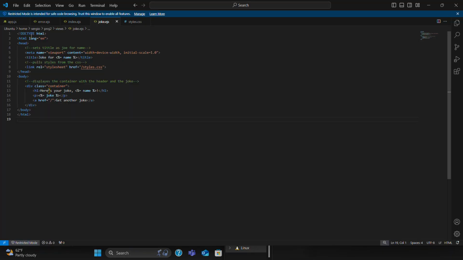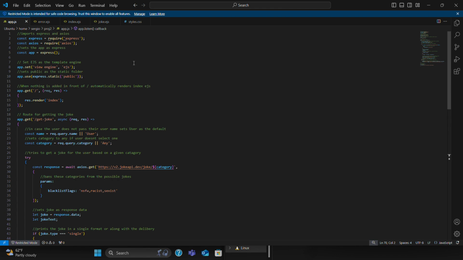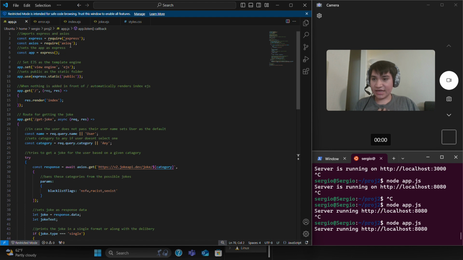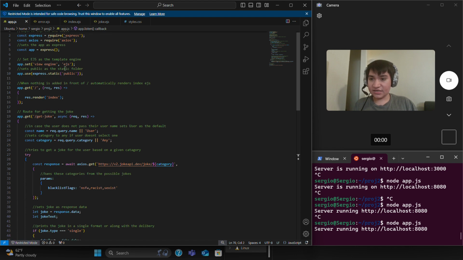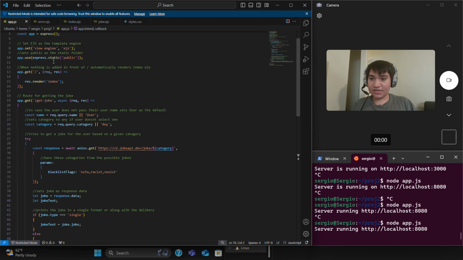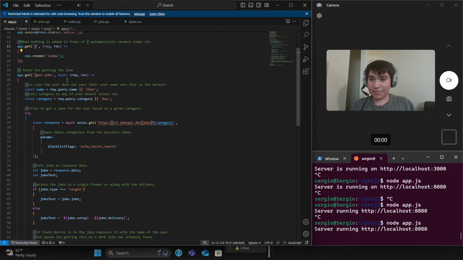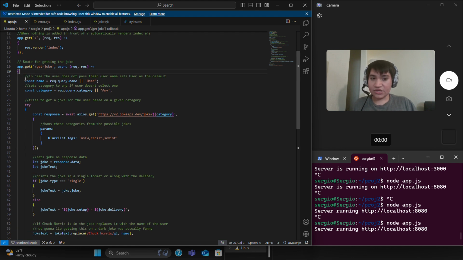Let me see. So I'm in. Let me bring this over here. I'm importing Express and Axios, setting the app as Express so that is the default app, and then I'm setting the engine as EJS. I'm marking the static as the public folder. I'm rendering the index when nothing is passed to the path, and then once the user sends the input in